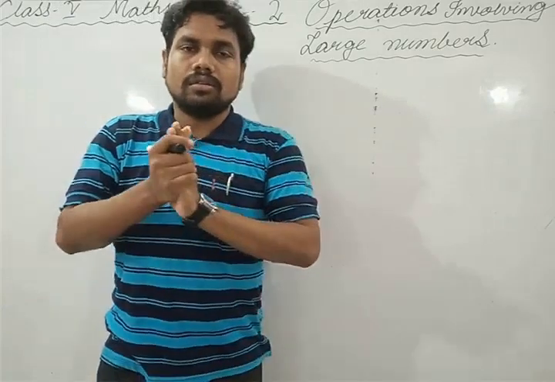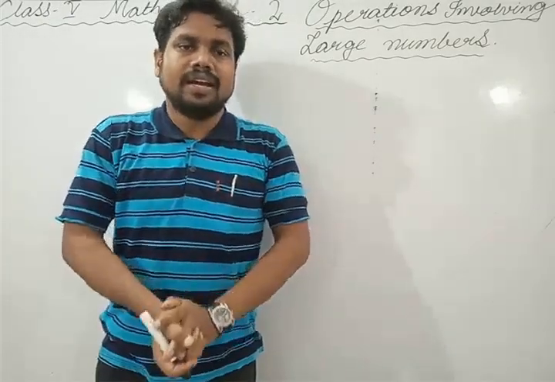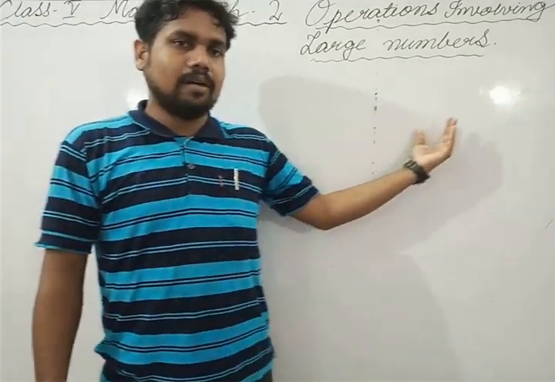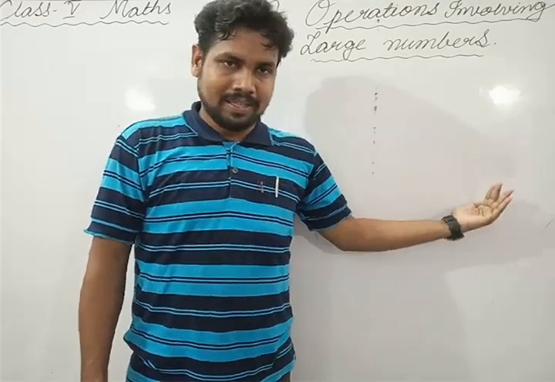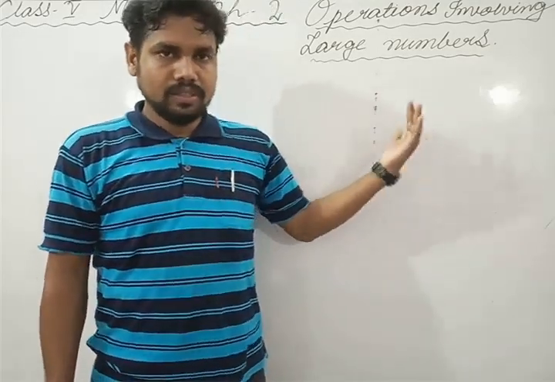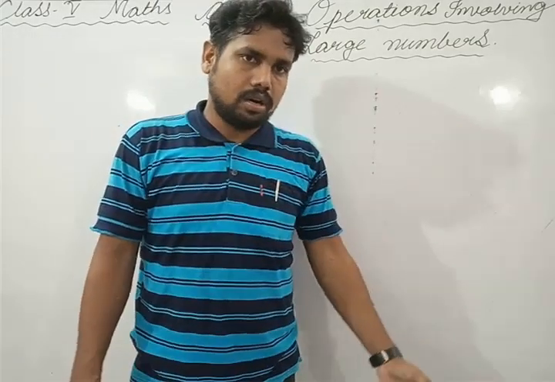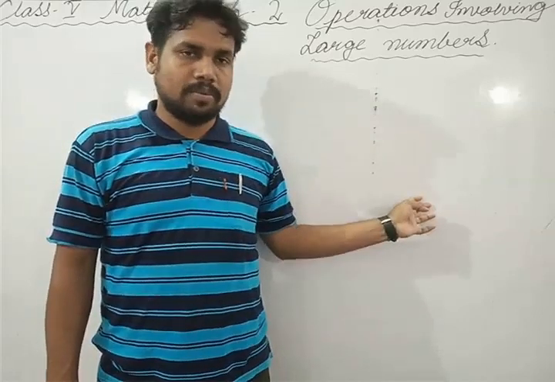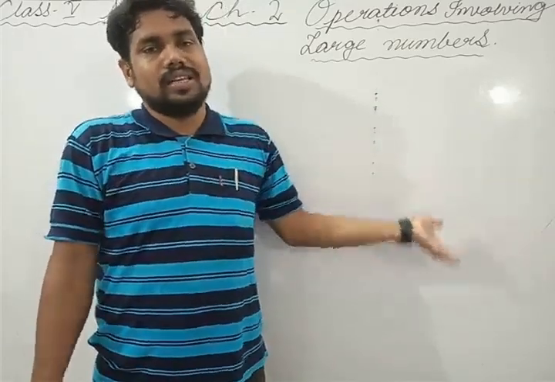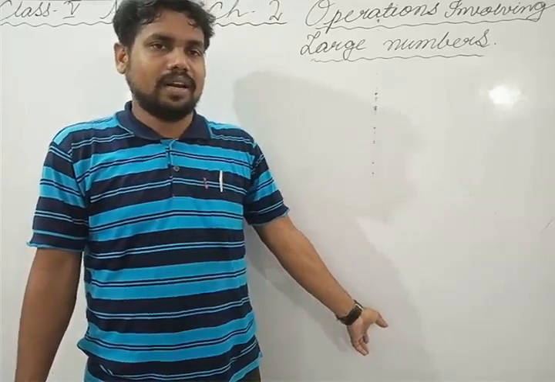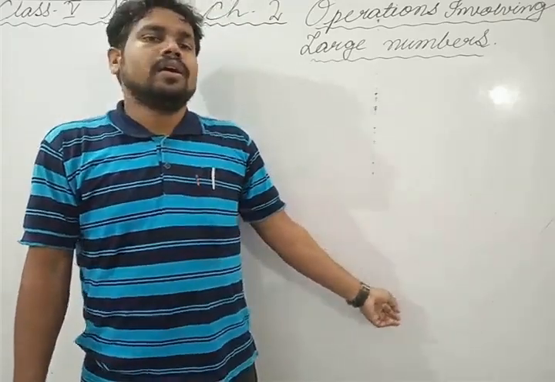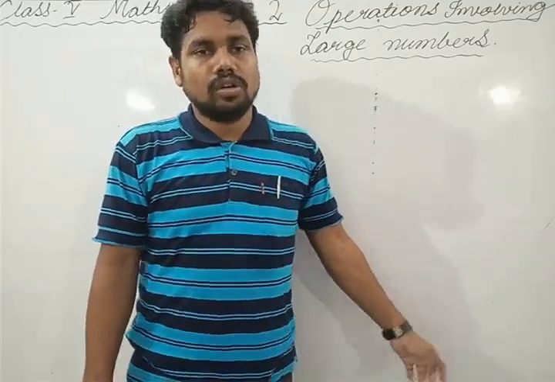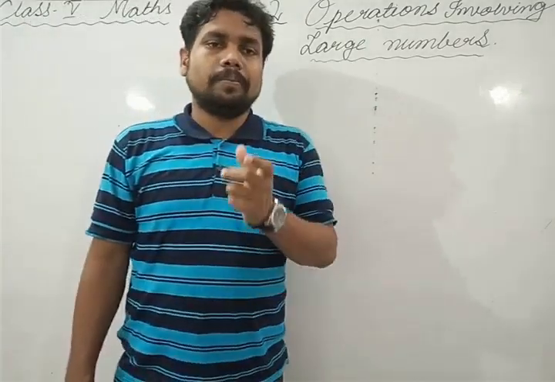So if two, three or four particular numbers are given and we are asked to add, we will start arranging the numbers from the right side, from the ones place. Then the addition will be correct. In the case of subtraction, we already know that first we write the greater number, then the smaller number, and then subtract. If there are 2-digit numbers, there is no problem and no need to write anywhere. You can add or subtract directly, but in the case of 3 or 4 digits it may be required to write them down.